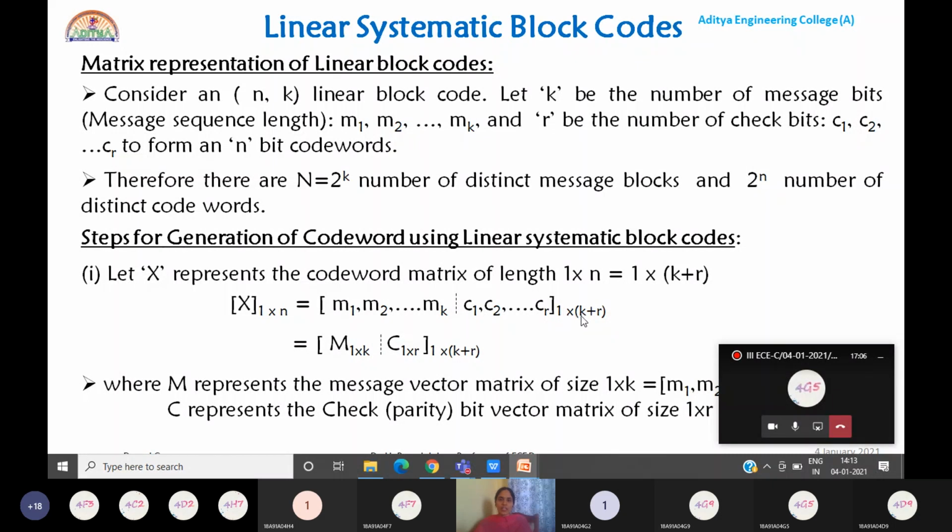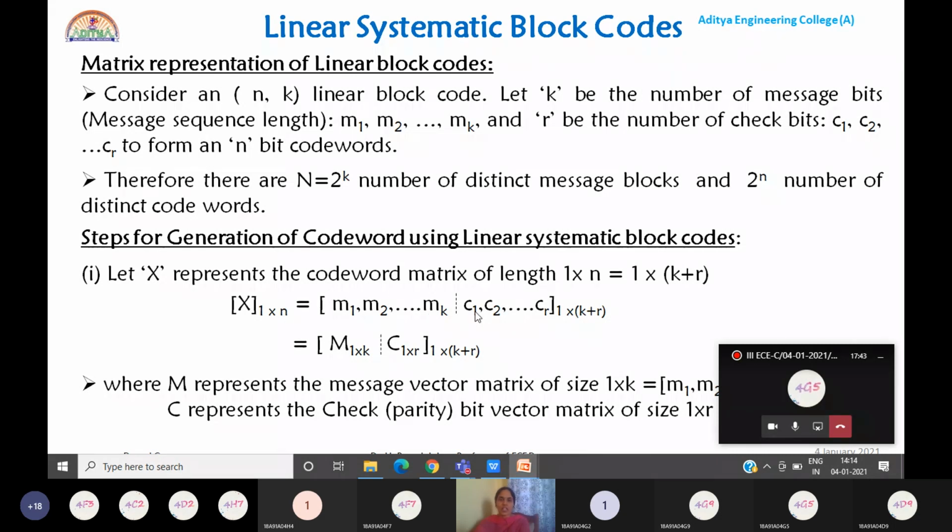So it is of size 1 by k plus r, where k plus r represents the total number of bits present in the code word. So if you observe the columns, how many bits are there in a code word sequence? Here you can see that there are k message bits followed by r check bits, and a total of n bit code word will be generated. So the code word matrix is of size 1 by n,